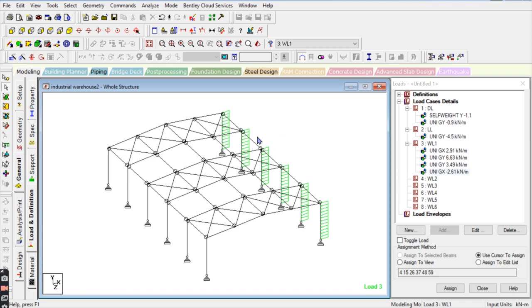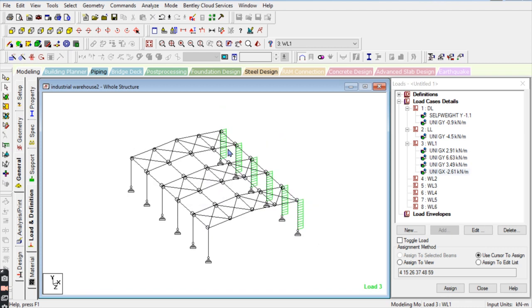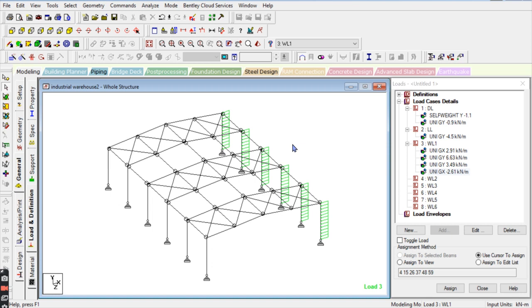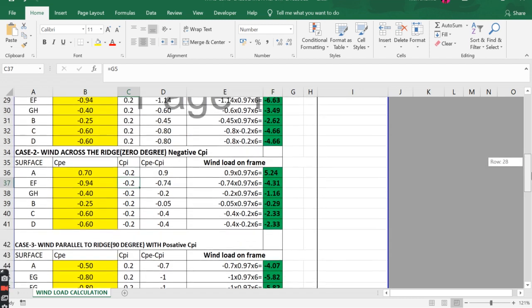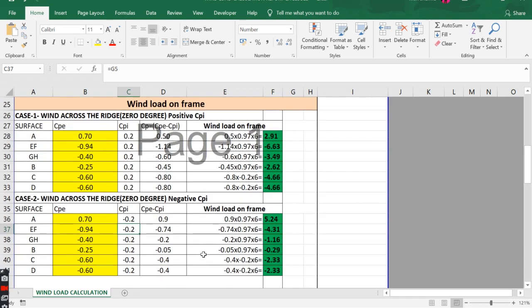So we have assigned the wind load 1 to our structure. For load case 2 we have to change the CPI to minus. In the next video you have to provide this data on your own.